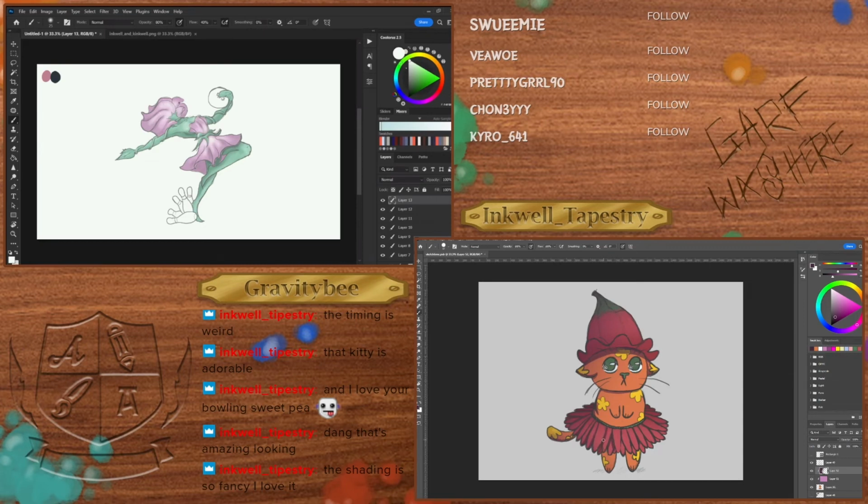Add some random stamens in here. Yep. So then the petals look like they're layered.